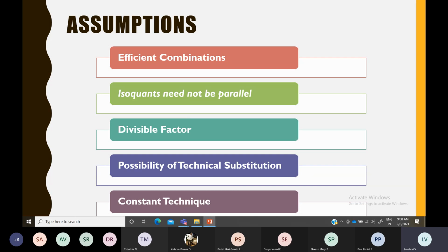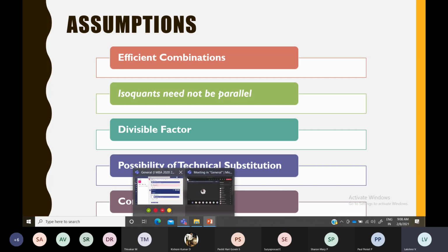Here, two combinations, they are using a combination of two factors. If he is going to increase 1 unit of labor, then you want to reduce 1 unit of capital. Okay, so it's like an opportunity cost only. If you're going to raise one thing, you have to forgo or lose the other unit. So if you're going to increase 1 unit of capital, then you want to reduce 1 unit of